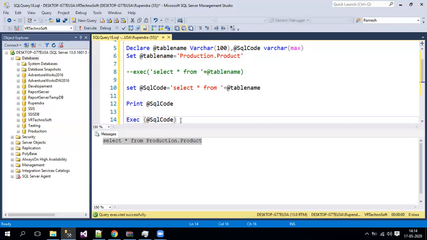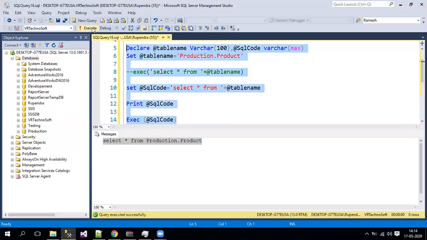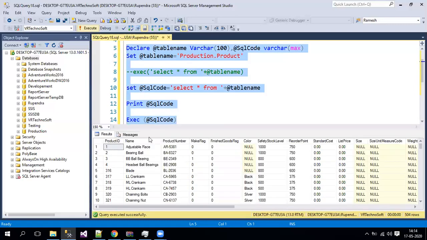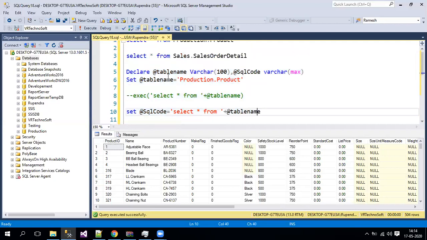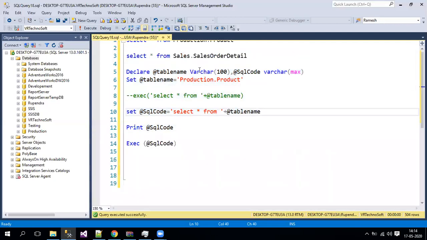Now let me execute the whole query. See, now it executed the select query, whatever table we have provided, and it has given the respective output. Now, why I am calling this a dynamic SQL? In place of this table name, that is the variable name, I'm not going to write select star from here again.